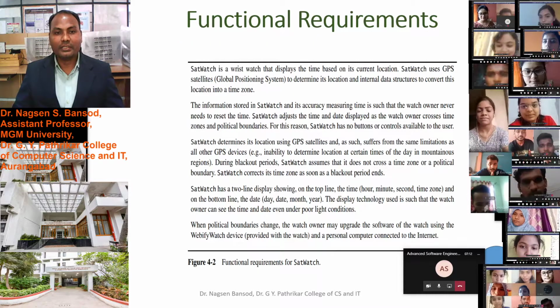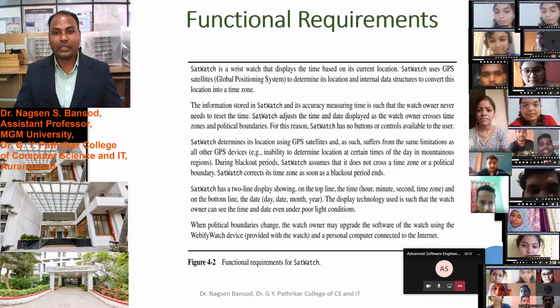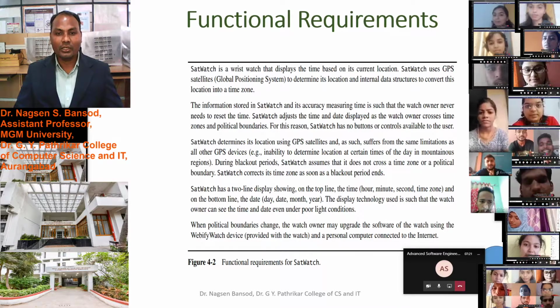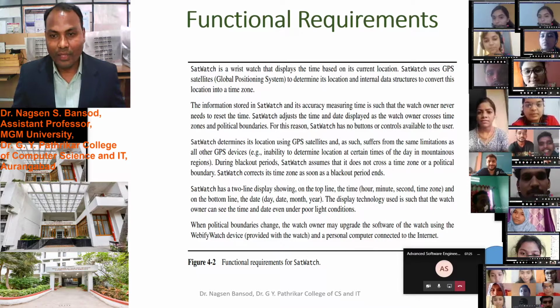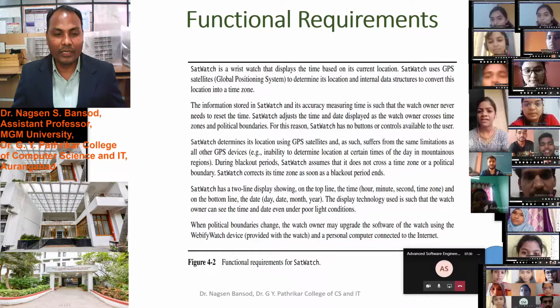One example is given here: Satwatch is a wristwatch that displays the time based on the current location. Satwatch uses GPS satellites to determine its location and an internal data structure to convert this location into the time zone.